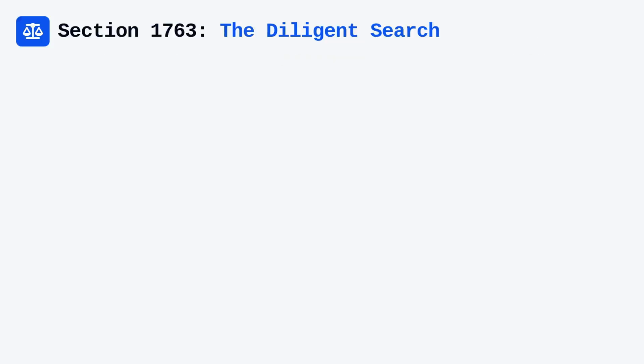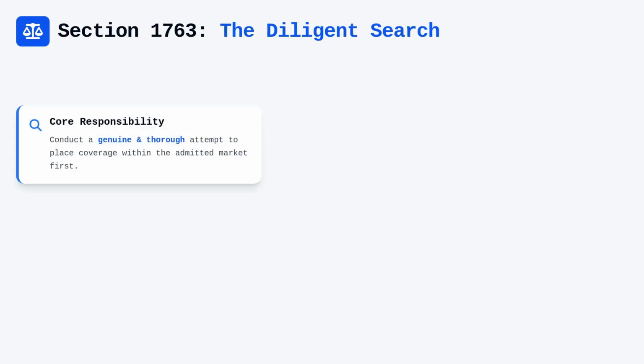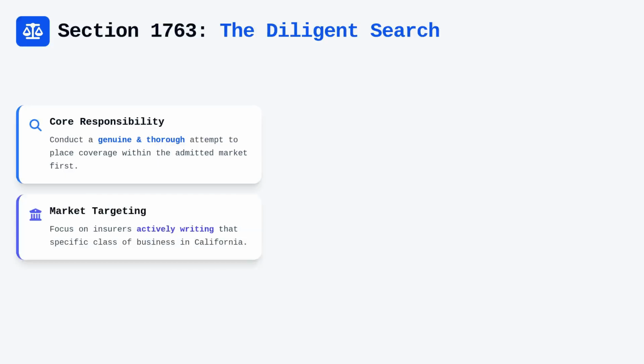The absolute cornerstone of your duties under Section 1763 of the Code is ensuring that a diligent search is conducted within the admitted market before any risk is moved to a non-admitted carrier. This is not a casual check or a superficial inquiry. It requires a genuine, thorough attempt to place the coverage with admitted insurers that are actively writing that specific class